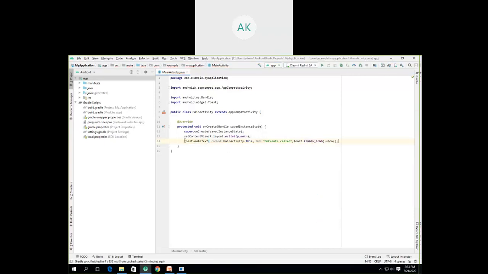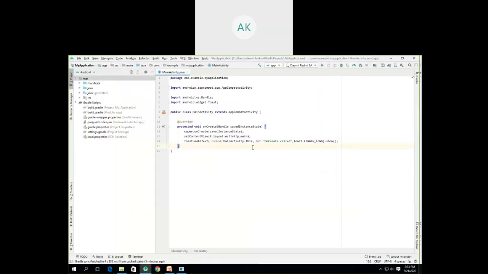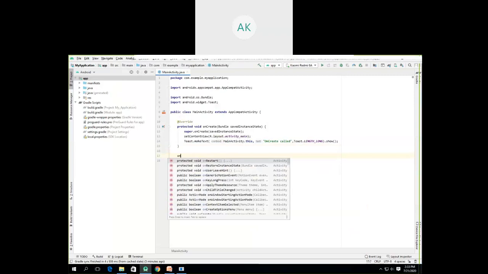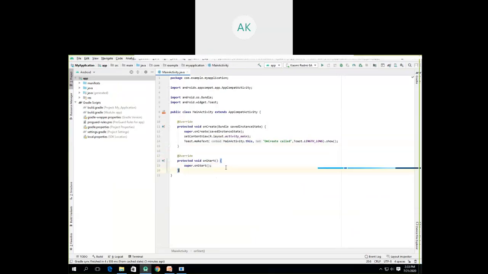Okay, so this is what the onCreate activity is. Now what we said is, after the onCreate, the method that gets called is basically onStart. So we have to override one more method, and that is called onStart. We'll simply write "on", and it will suggest the methods which are available. I have to choose the onStart method, and if I click here, the onStart method will be automatically included. So I simply have to copy and paste the code which will display the onStart call. We'll replace this particular message from onCreate to onStart call.